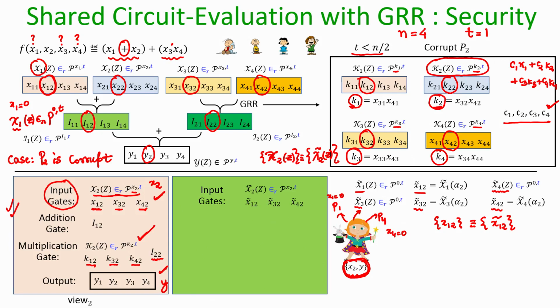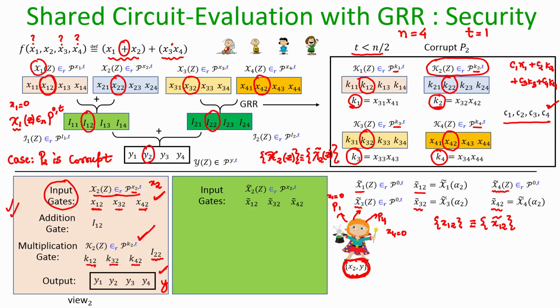So, x12 is the value of a random degree 1 polynomial at alpha 2, and the simulated x12 is also a value on a random polynomial of degree 1. Of course, the constant terms of the polynomial for the real x2 and the simulated x2 are different,